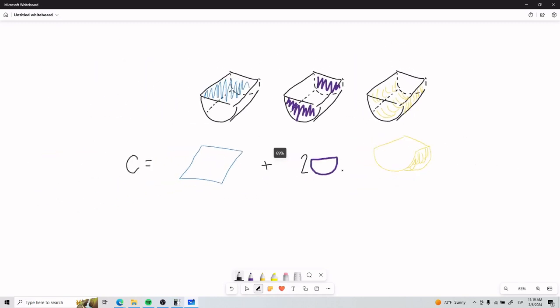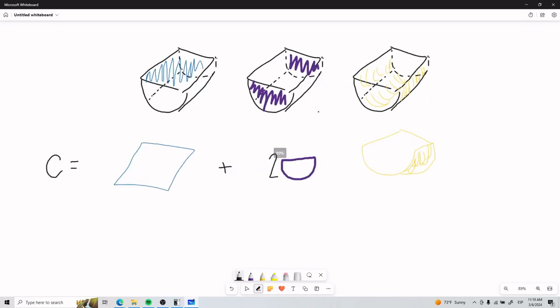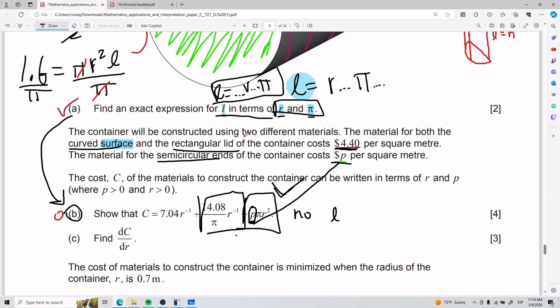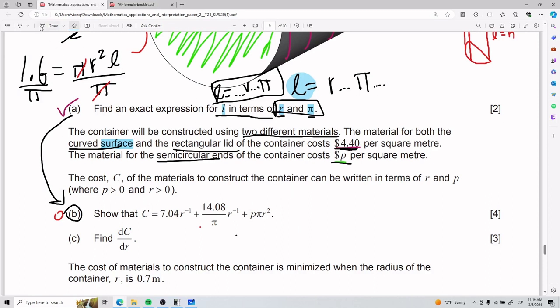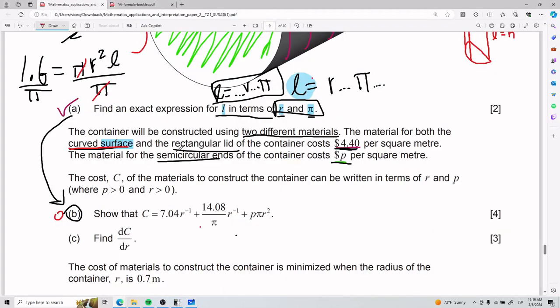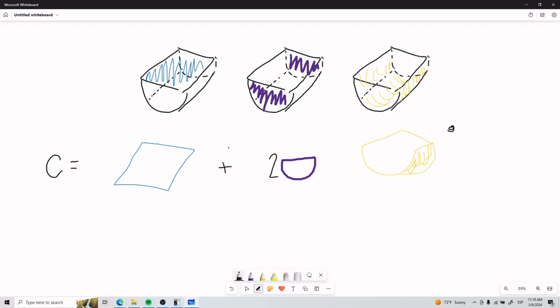See? All right, and also these have different costs associated because the IB is a little bit mean and they say they use two different materials. And so, what am I trying to say? I'm trying to say that the curved surface, so that is this guy, and the rectangular lid, which is this guy,